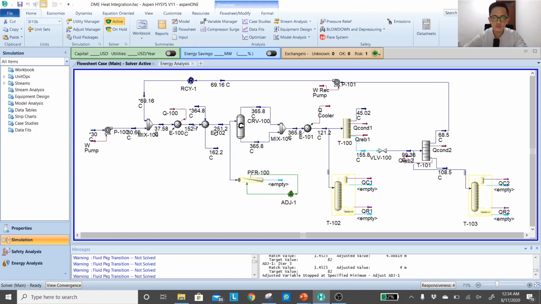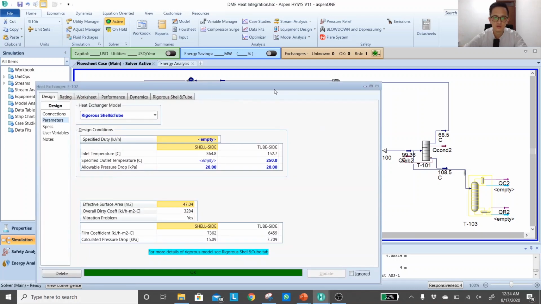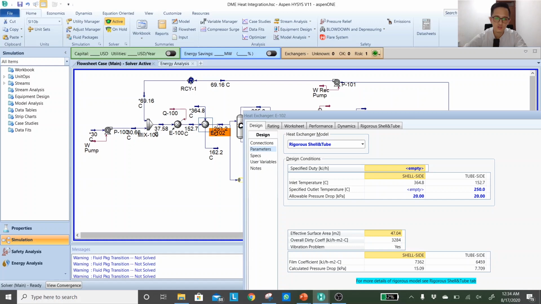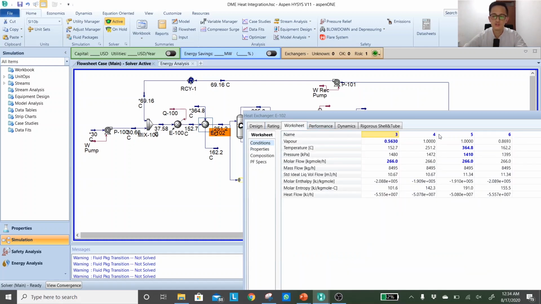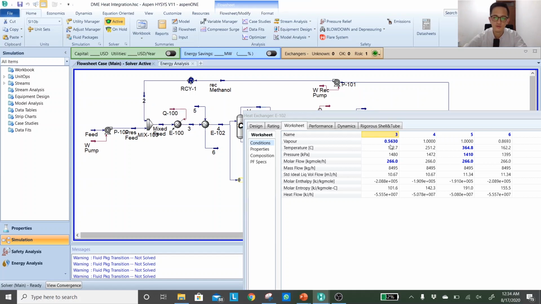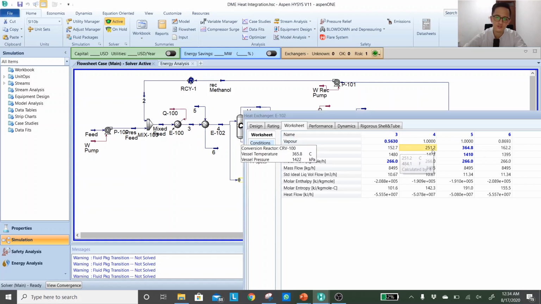Okay, if you want to be very specific with this, you can fix it for now. So let's open the heat exchanger. If you still want to keep 250 at the outlet of the heat exchanger, again, just remember everything we've done in this video, we mainly manipulate the vapor fraction of stream 3, the in-between intermediate heating process. Now if I want to get to 250 degrees C, but remember, you already override